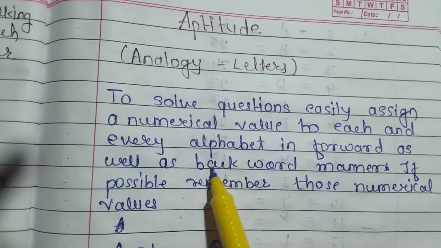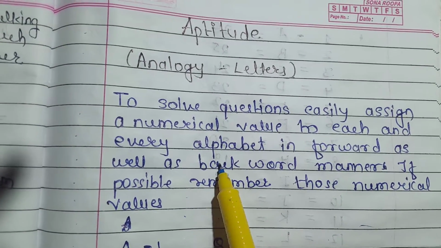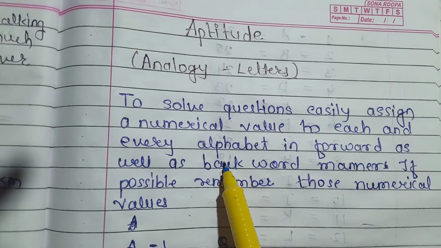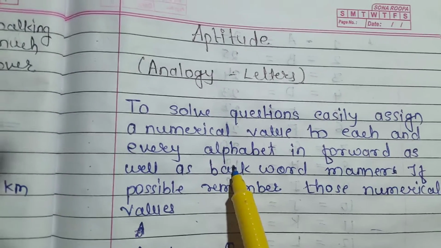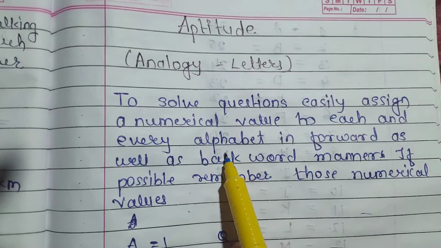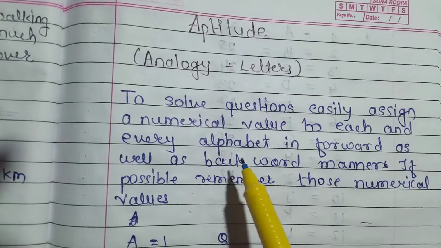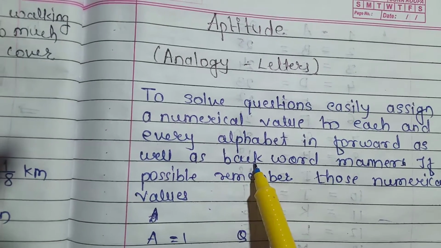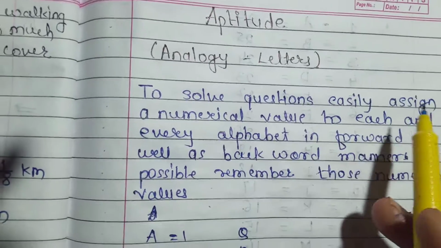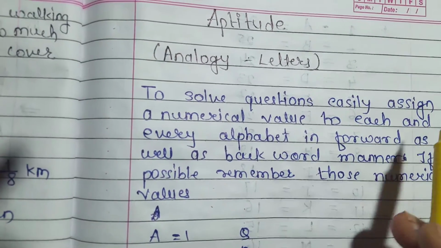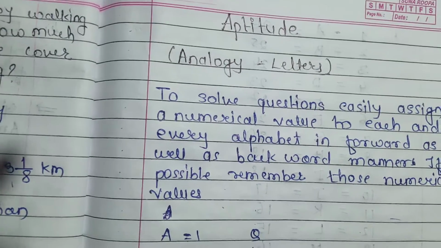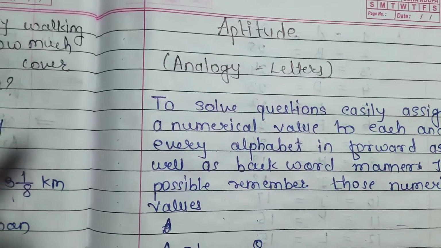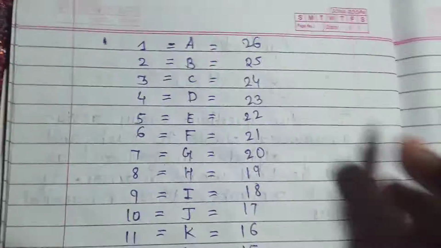So to solve such type of example, that is the analogy of the letters, we have to give numerical values to the alphabets. As you already know, there are a total of 26 alphabets in English. So just give numbers to all 26 alphabets, meaning one number to A, 2 to B, C 3, D 4, like that, Z 26. Like that you have to give the values. So see here, as you see,